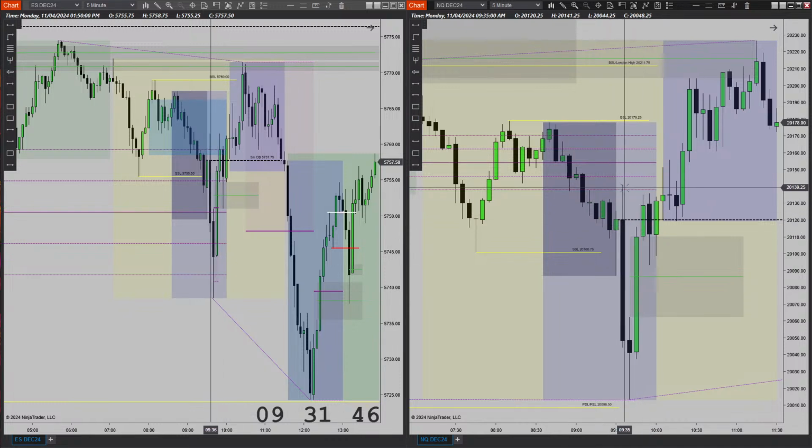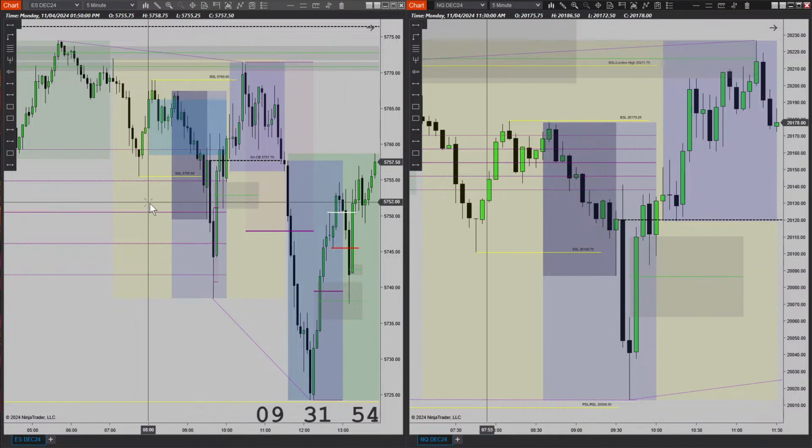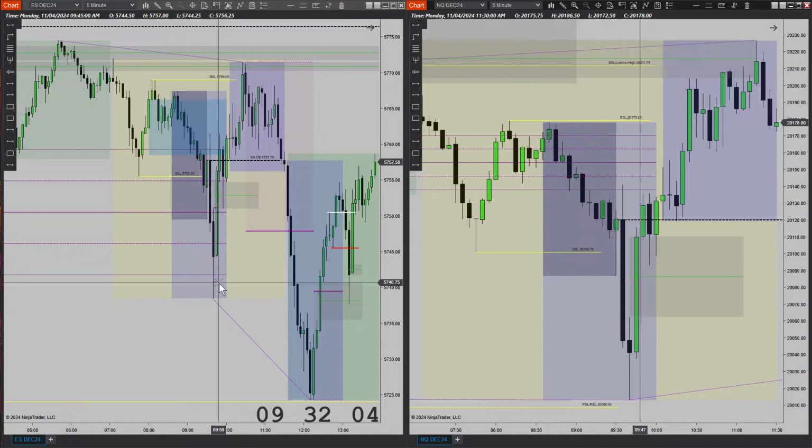We had not yet had market structure shift going into the 10 o'clock macro, but I did like these gaps here in the 5 minute. And as you can see here, price did retrace into 50% of the range here. Here it did not. The reason why this to me was 50% of the range and this to me was the low was because